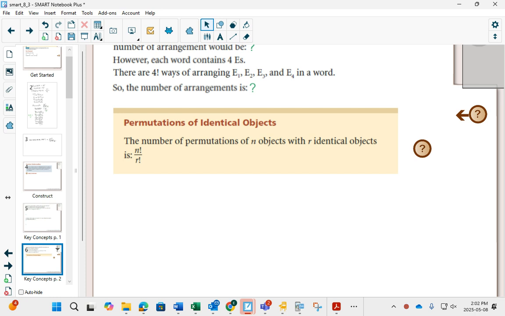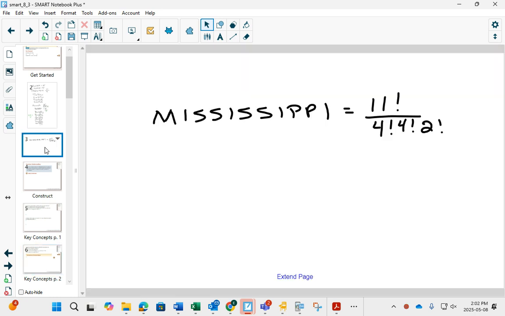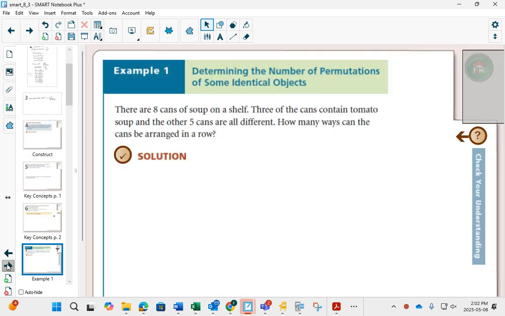Now, identical objects, one of the most famous ways of coming up with an identical object is with a word. They have a word where the letters are repeated. If the letters are repeated, then you have identical S's, identical I's, and identical P's. You'd have to divide that out. The normal amount of permutations of 11 objects would be 11 factorial, but we divide out the identical objects to find the total. So when we go to example 1,